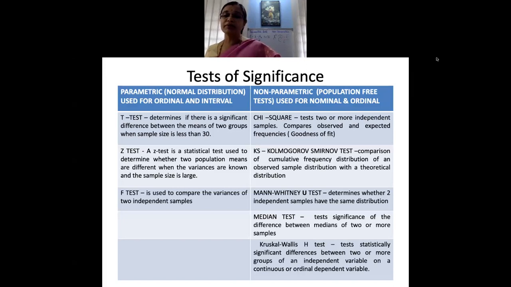And please remember, for all this you have a table. All that you are doing is trying to find out the critical values by using the table. What I suggest is, if you are interested in doing it manually, you can always go to an expert and learn how to find out the critical values from these tables. So it's always better that you know how to calculate it, but more important for a researcher is how you interpret it.